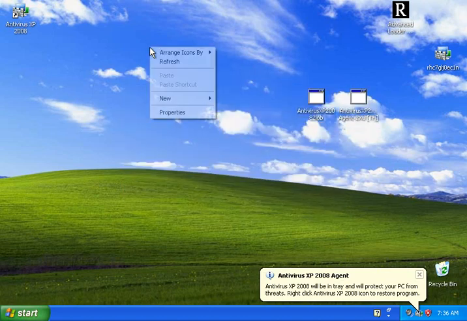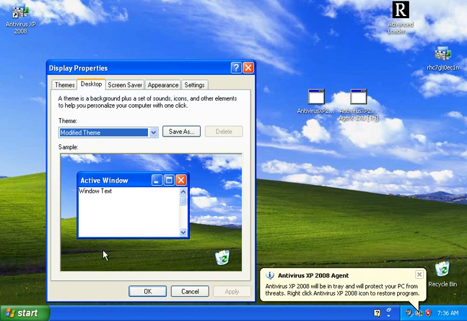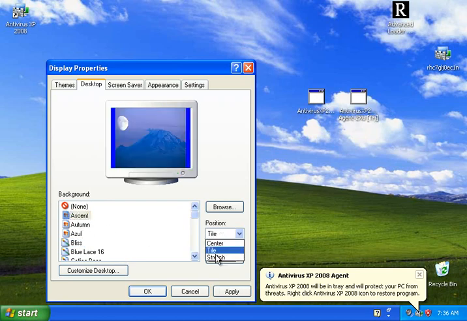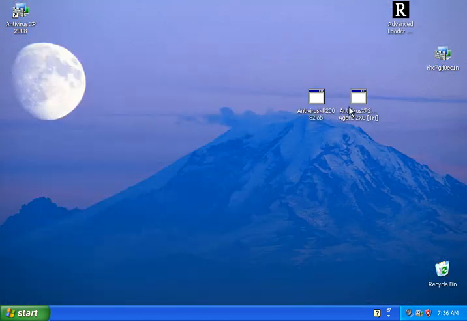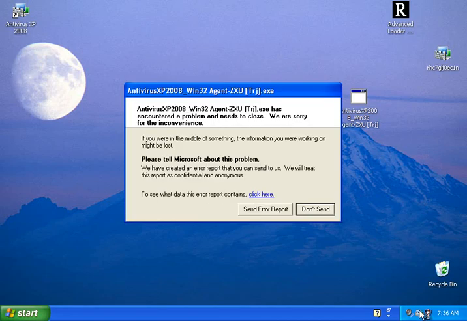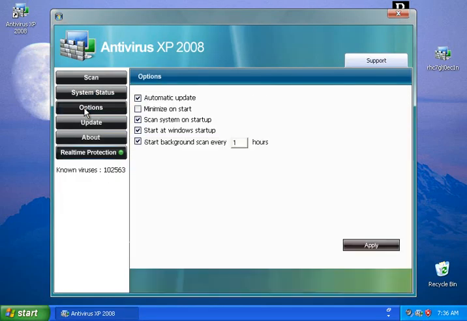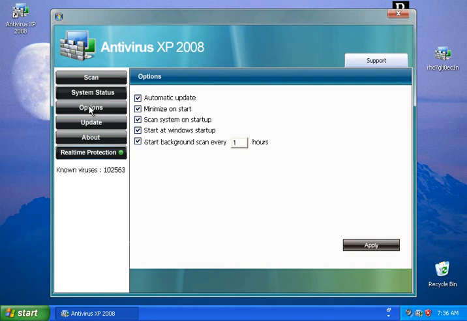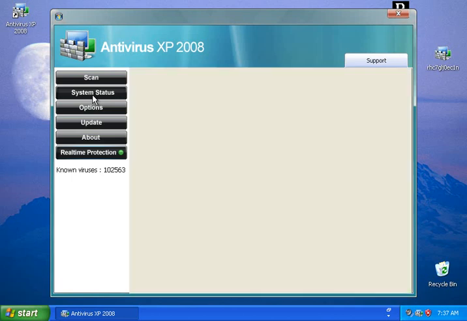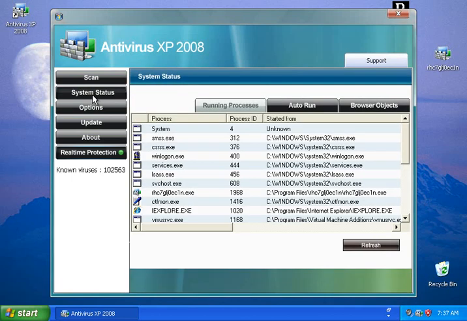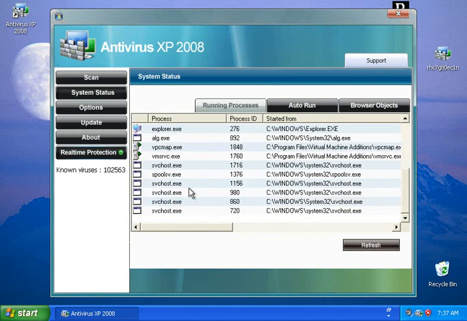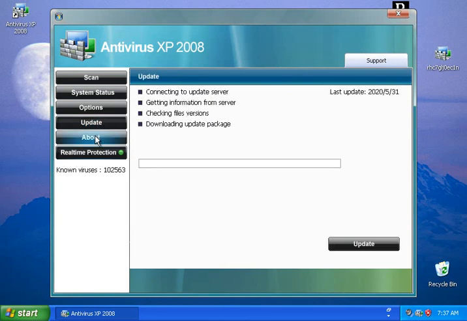This rogue cannot hijack anything anymore because it doesn't hijack any wallpaper anymore, because this Antivirus XP 2008 is activated. Settings are changed. Save settings, of course, yes. Runtime protection. We are going to go on about folder and automate rogue and go to mon.exe explorer and about